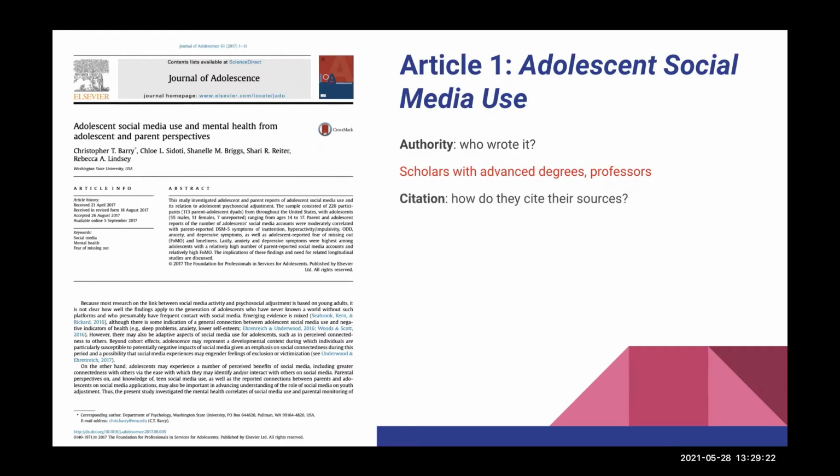The second criteria is citation. So how do the authors cite their sources? Another really good clue to look at if you're determining what type of article you're looking at. In this one, if we go down to the body of the text, we see what we call parenthetical citations, or citations in parentheses. So I see Seabrook, Kern, and Rickard, which are last names, comma, 2016. And I see this